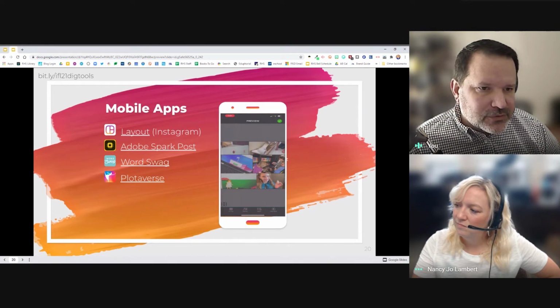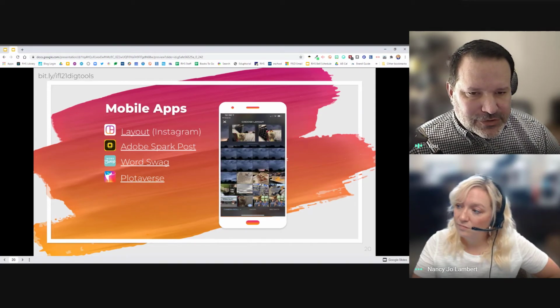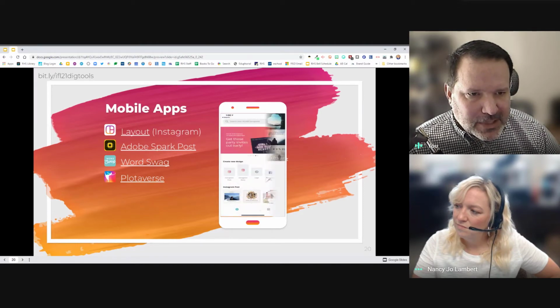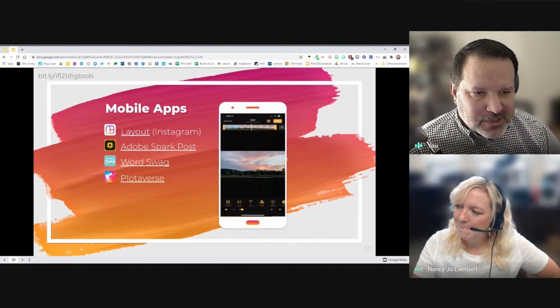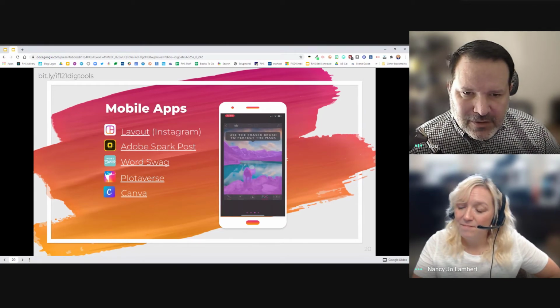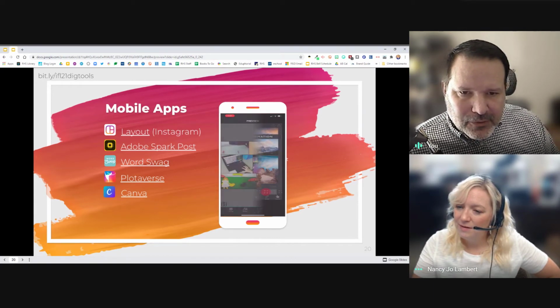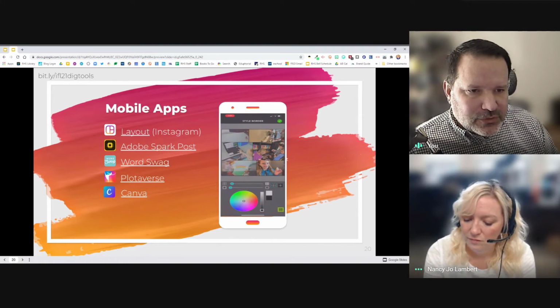And I forgot about this with Adobe Spark. In Adobe Spark, you can choose your school logo and your colors, and then automatically have designs based on those colors. So it's a way to simplify and speed up the design process in Adobe Spark. It's pretty awesome. And we've talked about Canva. I like Canva because they have a web version, but their phone and iPad versions are really close to what you experience on the website.